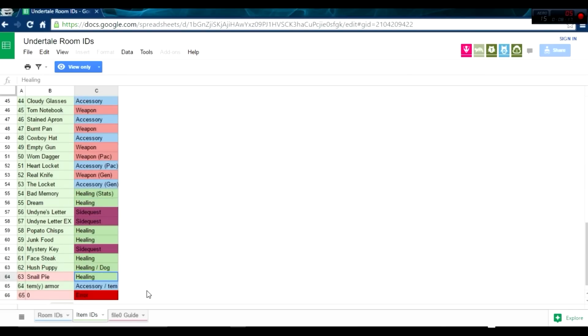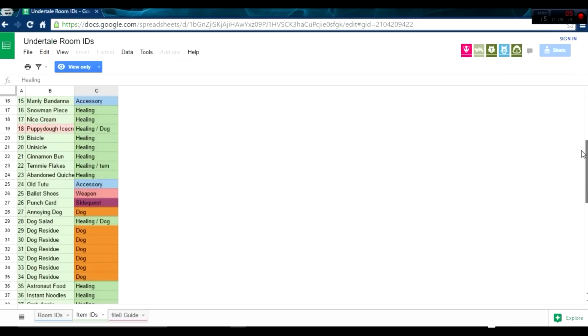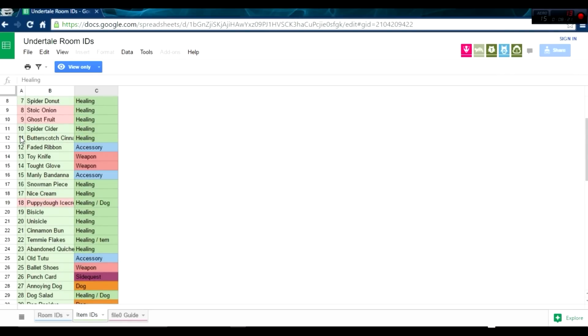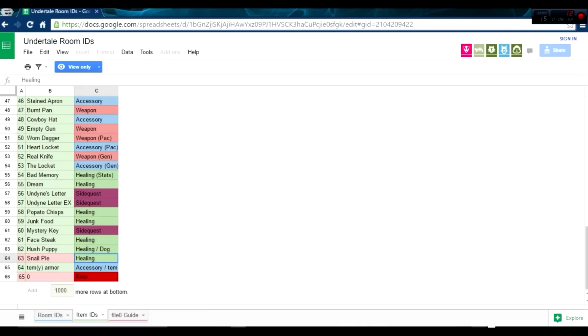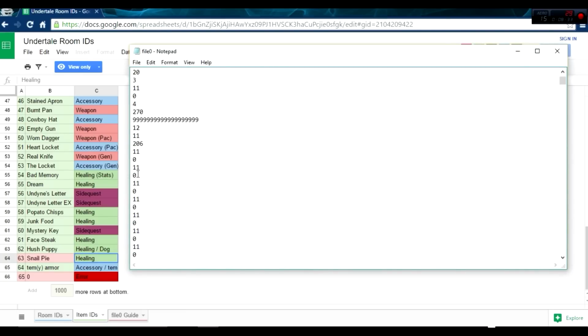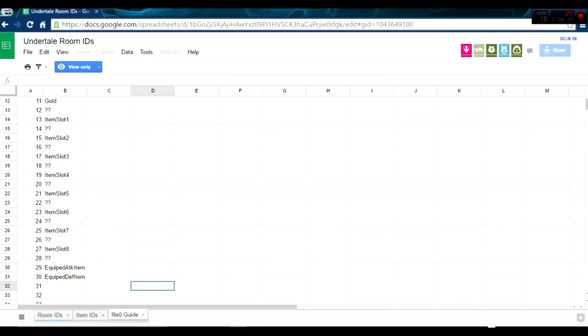So right now I've set mine, so if we just scroll up here, that is butterscotch cinnamon pie, whatever. Another thing that makes your life easier is equipping items. If we just go back to our file 0, right over here, if we go to our file 0 guide,